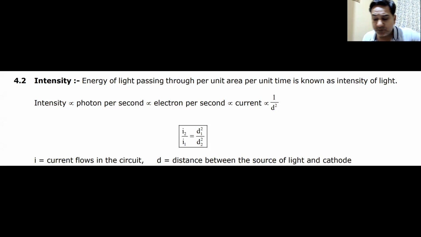This is one thing that you must remember. Sometimes a direct question comes in your paper relating intensity with electric current, or intensity with photons per second, or intensity with the distance. If this is a light source, now remember, when we are talking about modern physics, we are also talking about light because we are letting light fall on particles. So this may be a question that comes in your optics, or in your modern physics. If I have a light source, a point source,